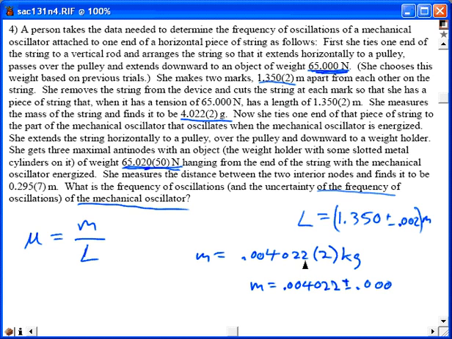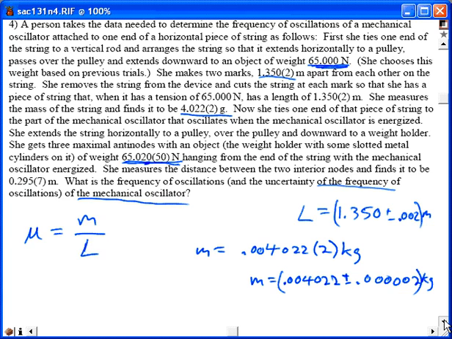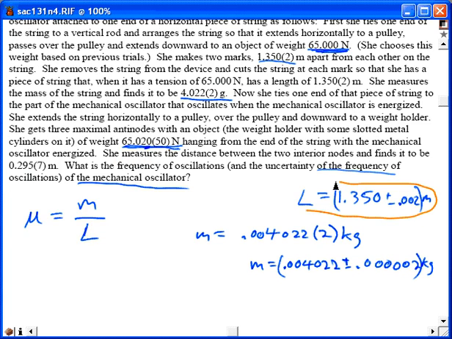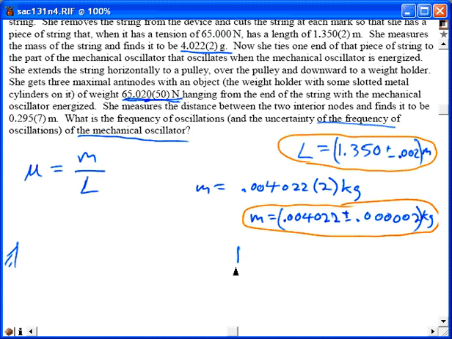Okay, it's this digit right here, which is 1, 2, 3, 4, 5 zeros, and then the 2. So 3, 4, 5, 2, and the units there, kilograms. Alright, that will be her expression to get the linear mass density. She'll be needing these two values. And then, alright, she actually sets it up,